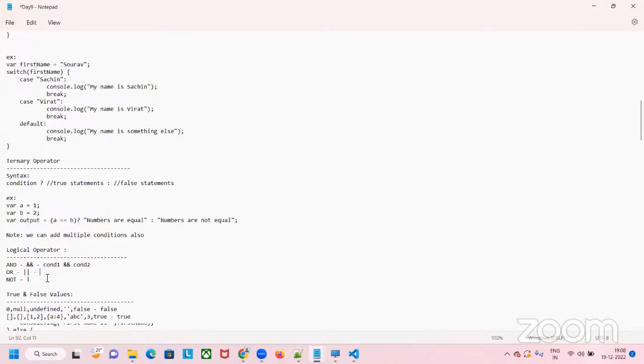Otherwise it should be else condition. Is it clear? Any doubts on and or? Not operator, it is like reverse of it. For example,